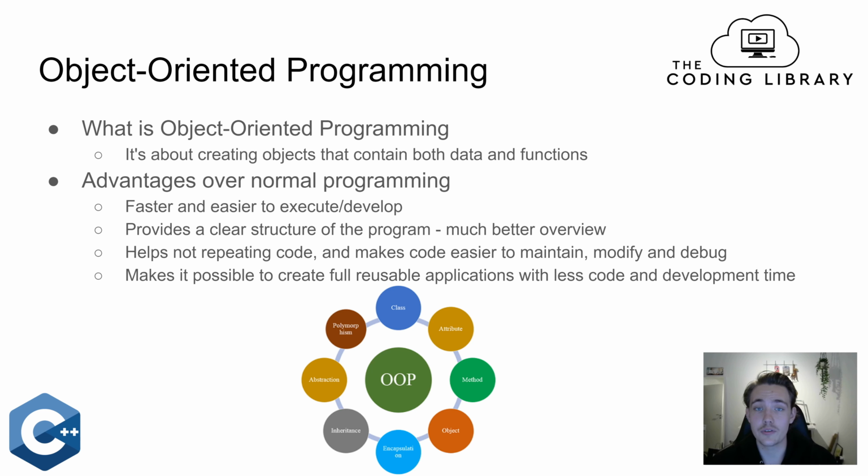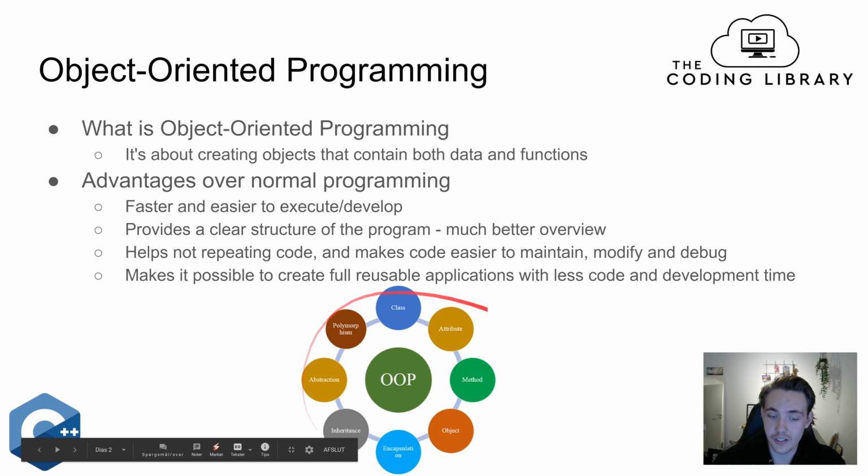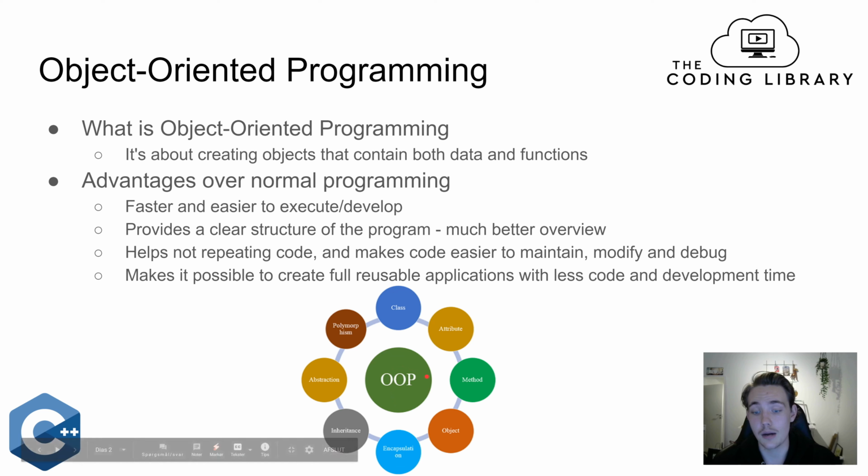Once we have already created a class, we can use that class in other applications or programs where we need the same class. It's easier to just take the class you have already implemented and make it portable to another application. Down here we have this figure, where we already have talked about classes and how we can create objects of a class, and we also talked about attributes and methods of a class in the first video